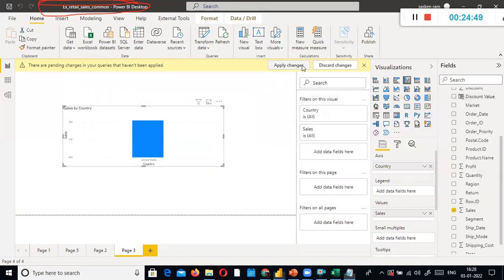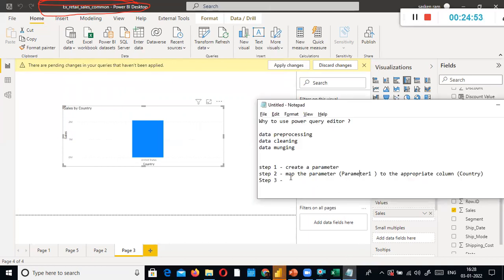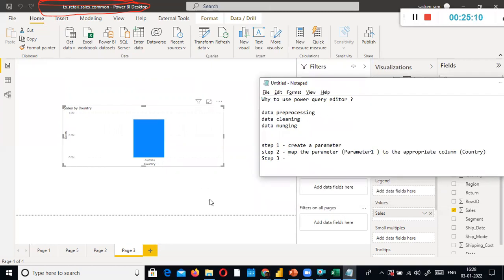And I need to click apply changes. Look here, the Australia data got filtered.